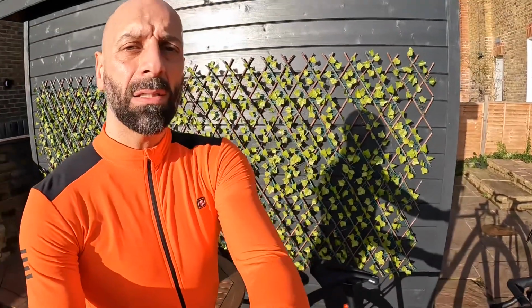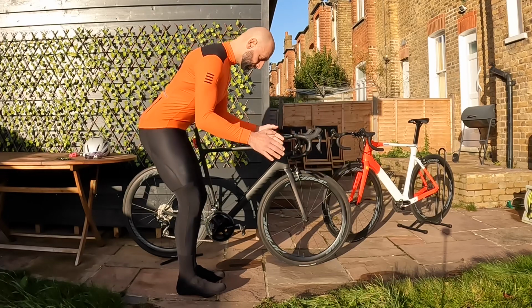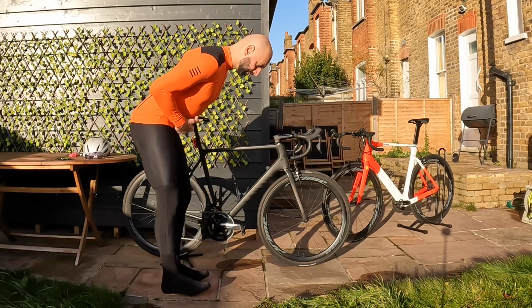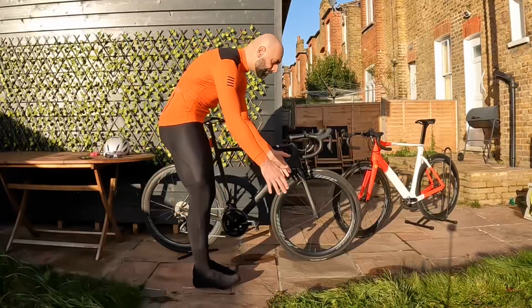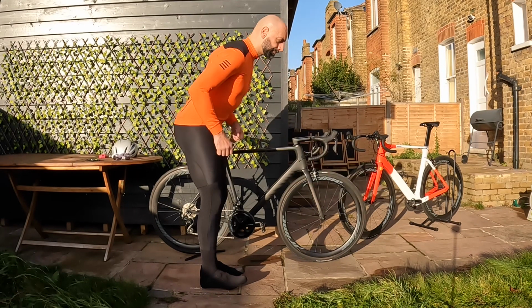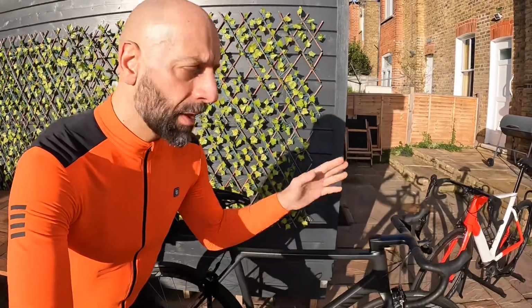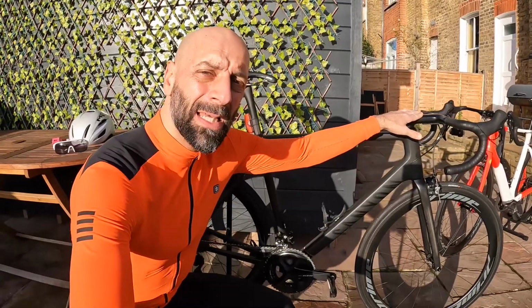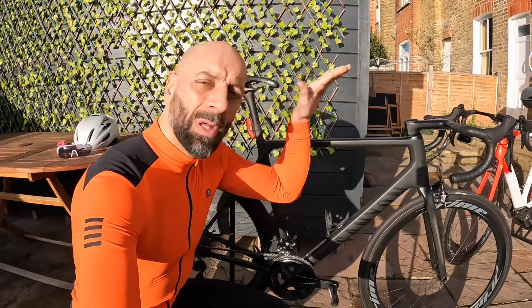I do cycle with a flat back, so when I move forward, I position my body in a way that is not going to hurt my lower back. I'm not riding with a curved spine, but I'm trying to maintain a flat back when I move forward. It would be extremely uncomfortable to try to reach a low front end if you can't rotate the pelvis and you need to arch your back